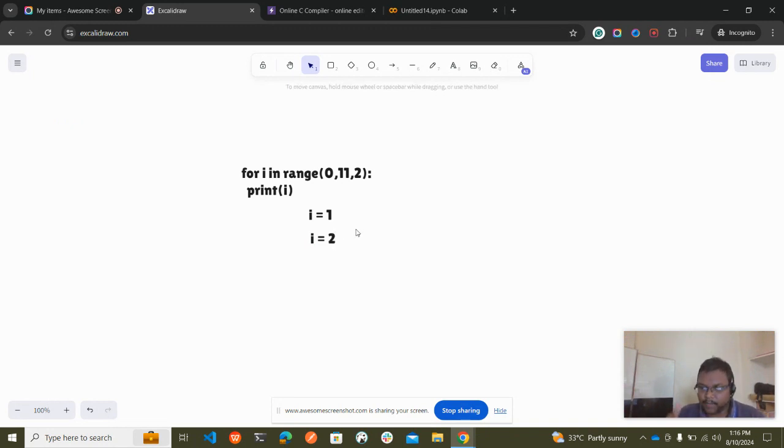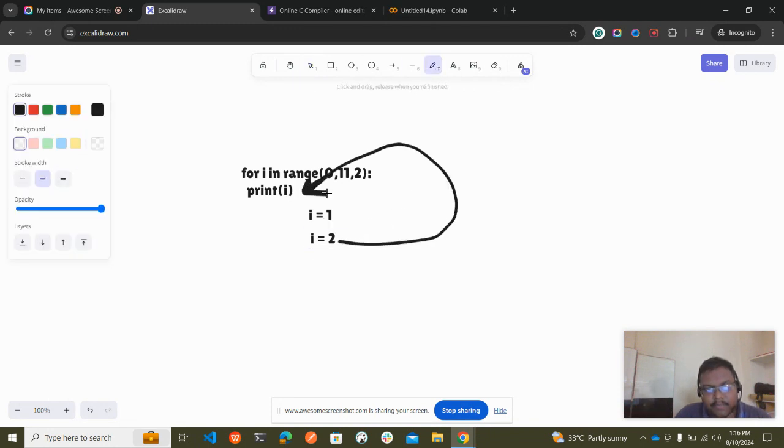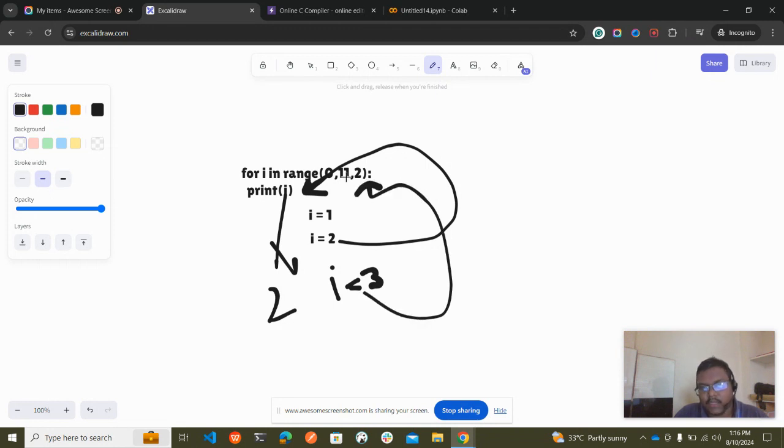Okay, so I have jumped one position, so 1, and then I have jumped to the second position, which is 2. Now it will be taking this position, this 2, again passing it to the print, and then we got the result as 2. Now again I will be becoming 3. Then this I will check this jump value. So it is two jumps. Now it will think, okay, I need to jump two values, then I will be becoming 4, because 3 it should be skipping, and then it should be passing to the second jump, which is 4, and this 4 will be printed here, and we'll be getting it as 4.